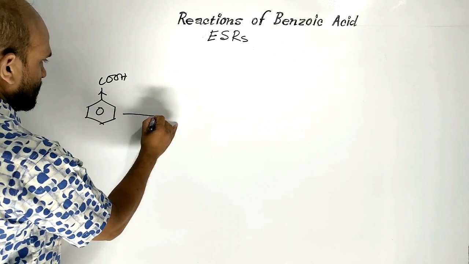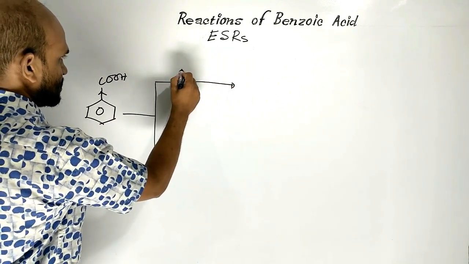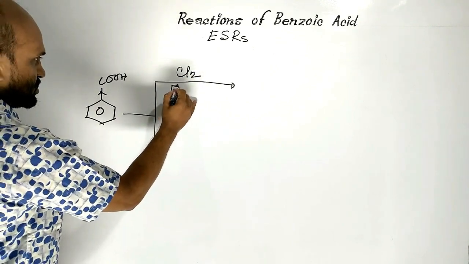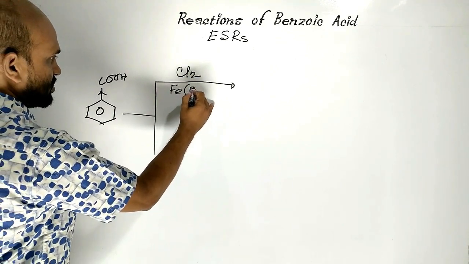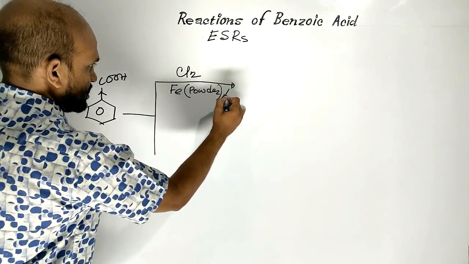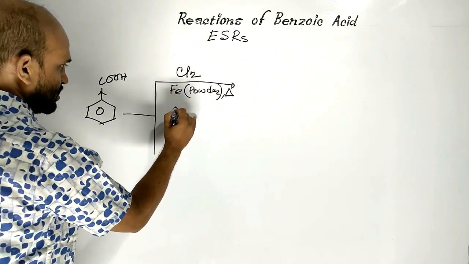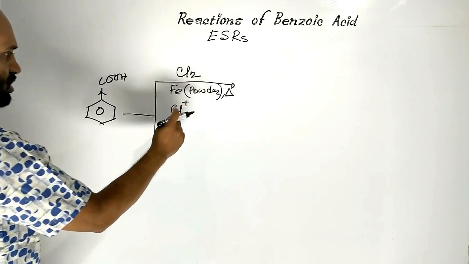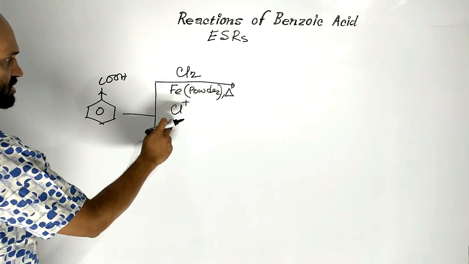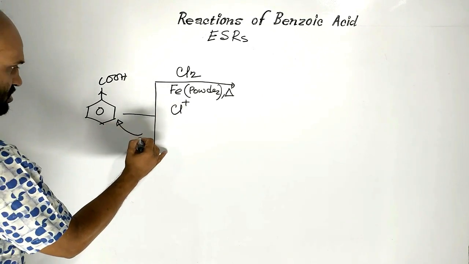When benzoic acid is treated with halogen, suppose chlorine, in presence of iron powder, and the reaction is conducted by heating, from chlorine, chloronium ion or chlorine cation is formed as electrophile that attacks